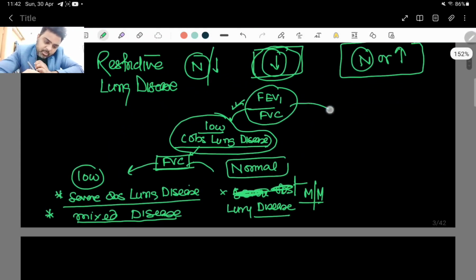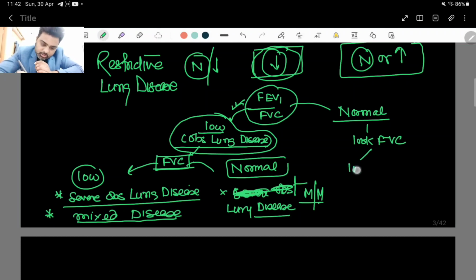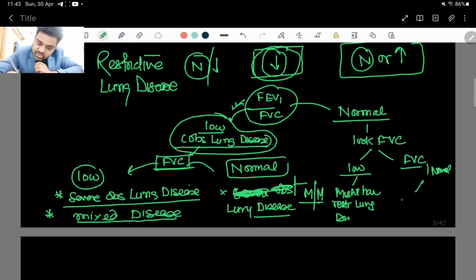Now second point, if FEV1 by FVC is normal, now you will look at FVC. If FVC is low, then the patient might have restrictive lung disease, because I have just told you that if FVC is low, the patient has a restrictive lung disease. If FVC is normal, then this patient can have a normal lung, or this patient can have